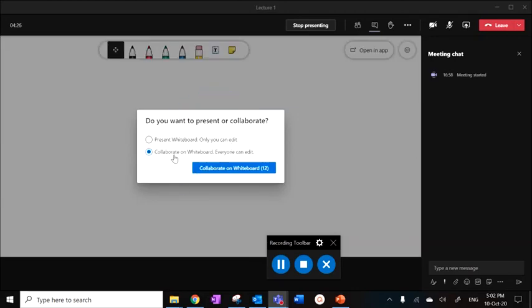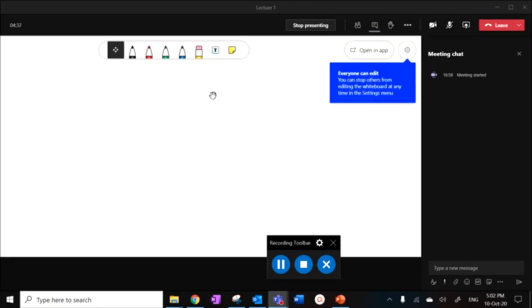Okay, so you can either present or collaborate. Present means others cannot edit. Collaborate means everyone can edit. So if you click on that, now everyone else can